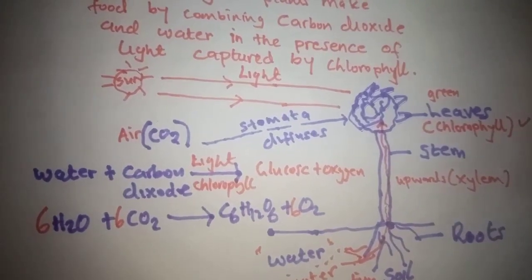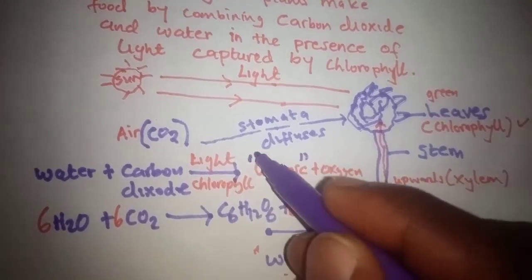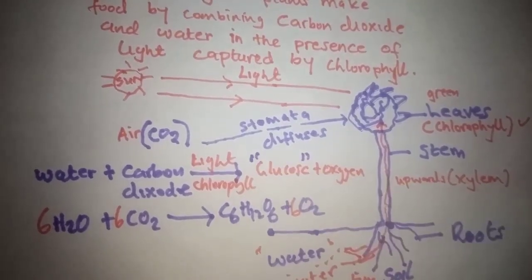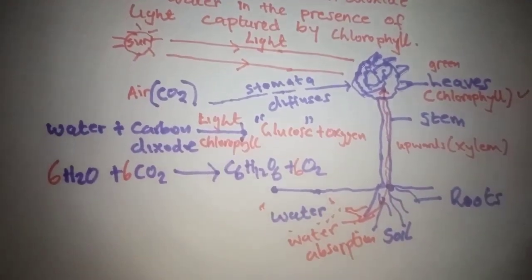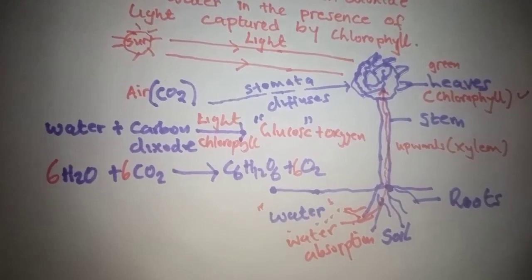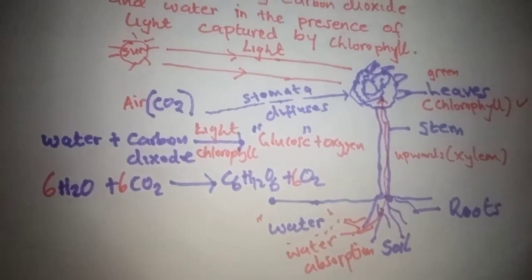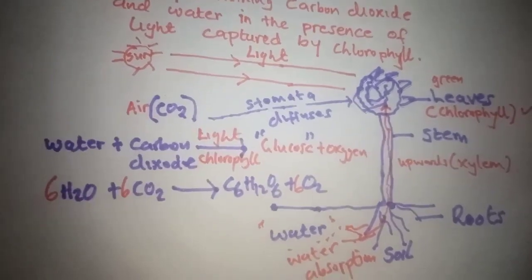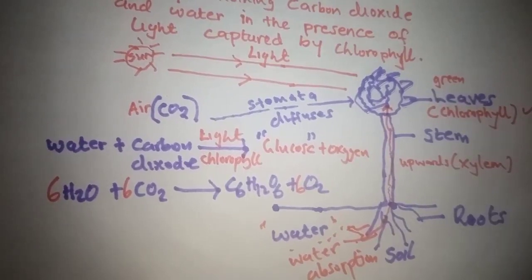Okay, and then here it's going to form glucose. It is going to form the what? The glucose. So the glucose is formed in the what? In the leaves. Okay, so photosynthesis is quite a straightforward process at this level. We don't have to go much into seeing how these things are taking place,